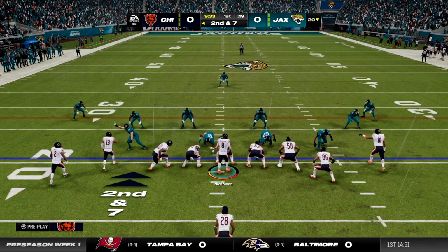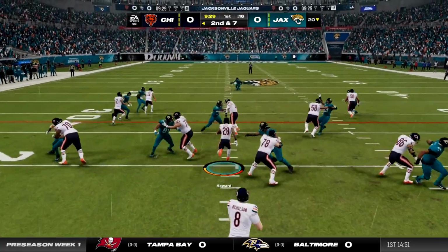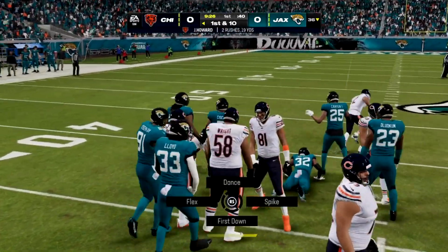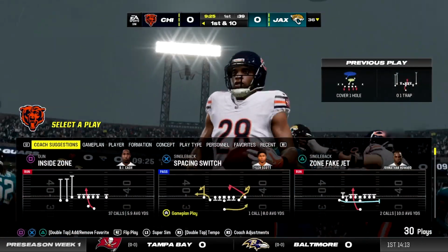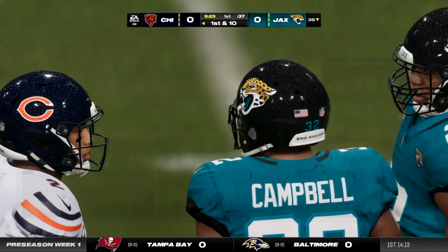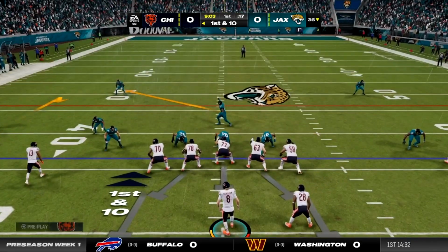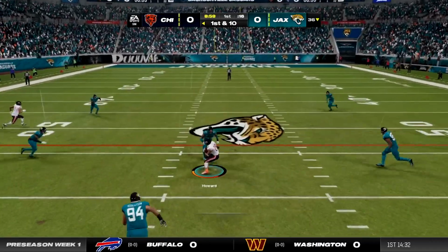This offense stayed very much the same out of the offseason. Only a couple of new starters will make any significant change here. Howard is the other big addition besides Nicholson. But I'm very excited for this offense. I think with the weapons that we have, Nicholson will be able to take over pretty nicely,